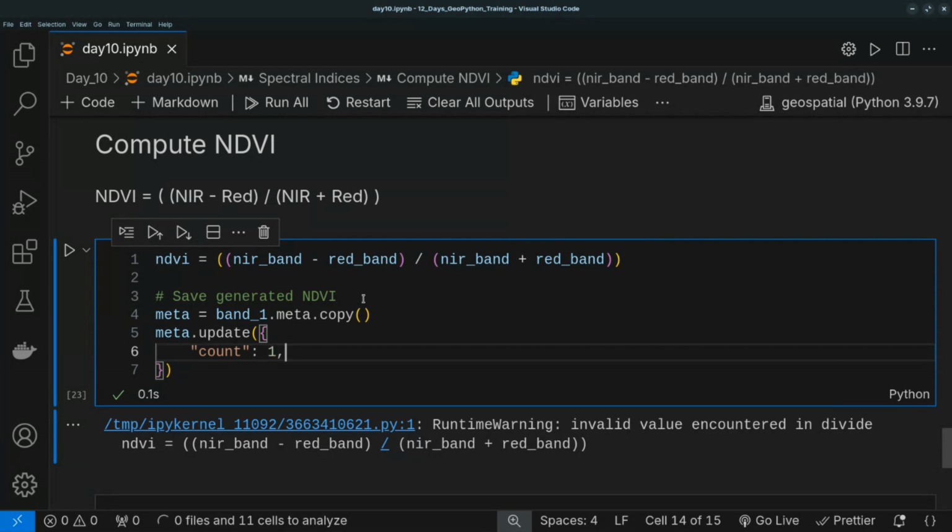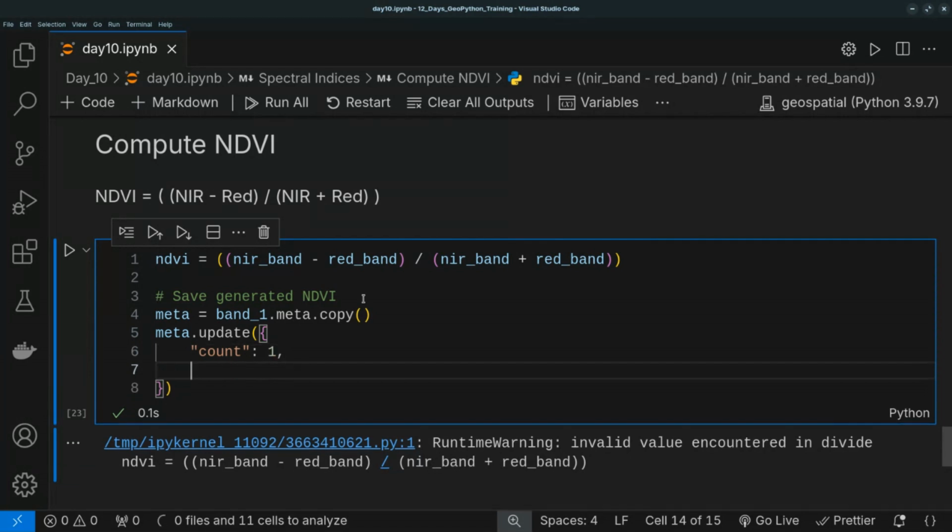And then remember the data type that we set at the top there. So we have to override band 1's data type to our float 64 that we set at the top. So I'll say that dtype here is, if you set yours to float 32, make sure that it will be the same. But mine was float 64, so float 64. And this should do it. And so as I like to do,